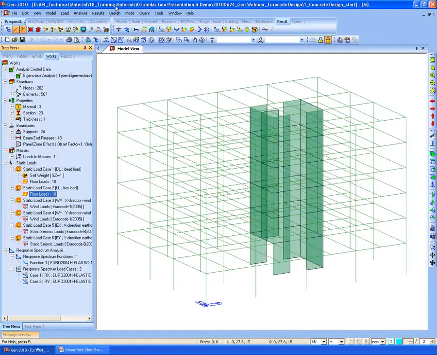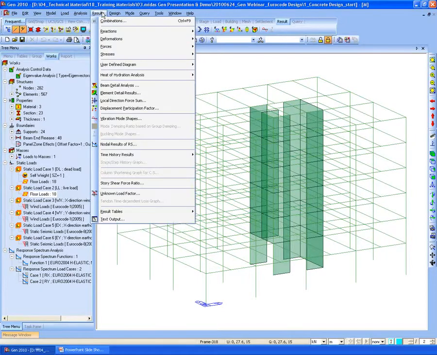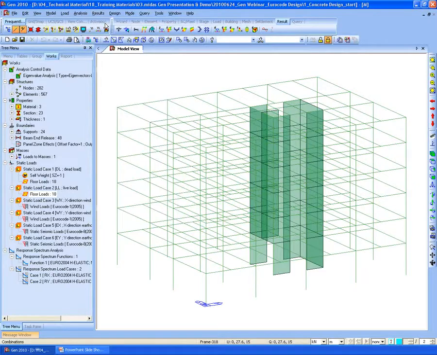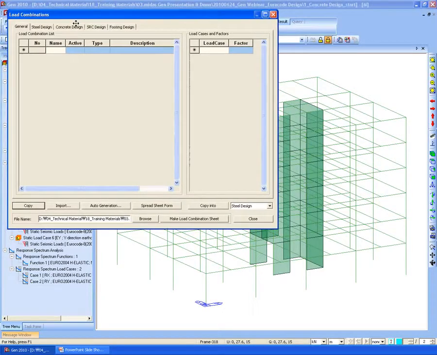And in order to perform design, firstly, we need to create the load combinations. Go to the results and combination. And here you can see different tabs. Firstly, the general tab will be used for the post-processing of the results. So for design, we should use the other tabs, which are named design, for the steel design and RC design, SRC, footing.